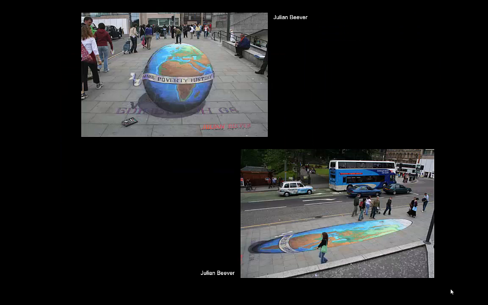we can see in the top picture that the drawing appears three-dimensional. It appears to be a globe. It looks like maybe somebody on the sidewalk at the top is standing on top of the globe. You get a very good sense of three dimensions. Now, look at the bottom picture. This is what it looks like from another perspective. If you move to the side of that drawing, then you'll see that it is not really a sphere. It's stretched out on the sidewalk in order to give that perception of three dimensions from one particular point of